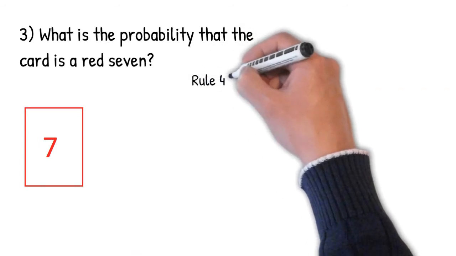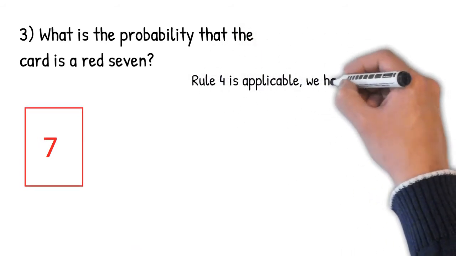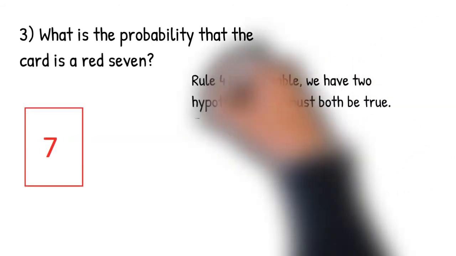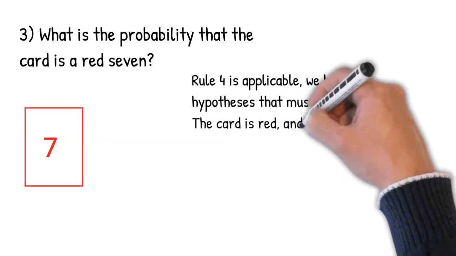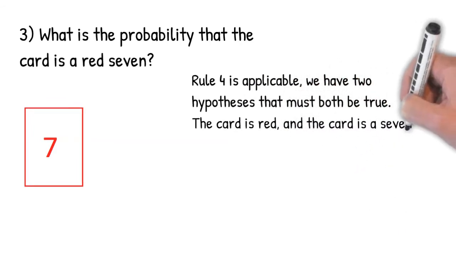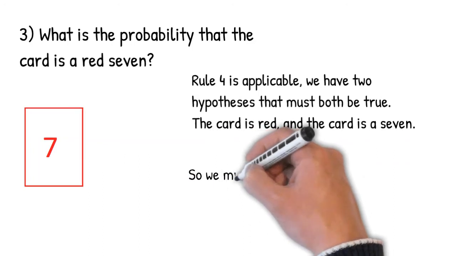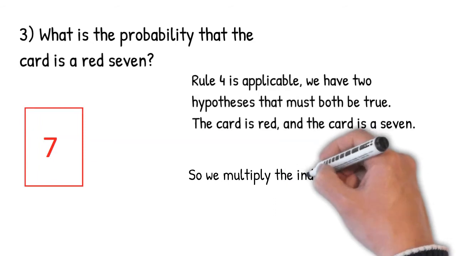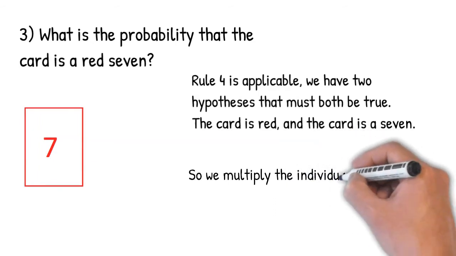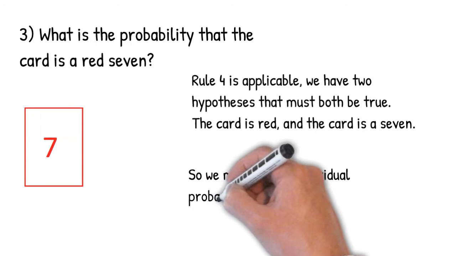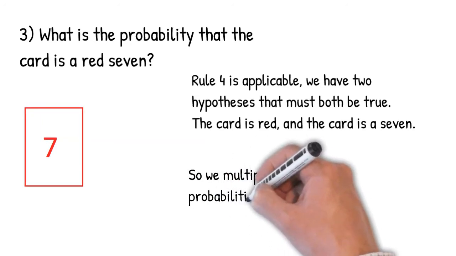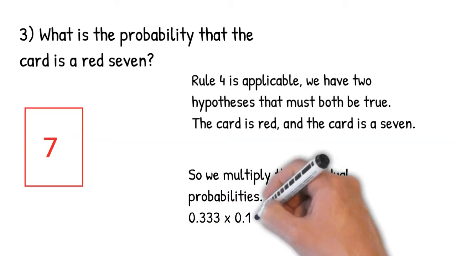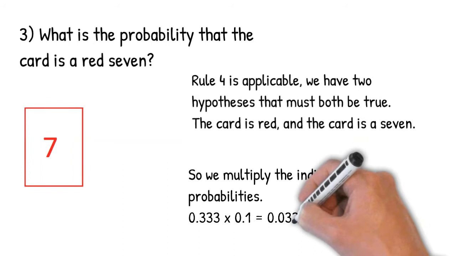Third, what's the probability that we have a card that is a red 7? So that's what we want to get. This is a rule 4 scenario because we have 2 things we need to get, 2 hypotheses that must both be true. First, the card must be red, and second, the card has to be a 7. So we can multiply the individual probabilities in this scenario. So we need to calculate the probability that the card is red, and that's going to be 1 over 3, one red suit out of 3 suits. And the card is a 7 is 0.1, and so we have our answer